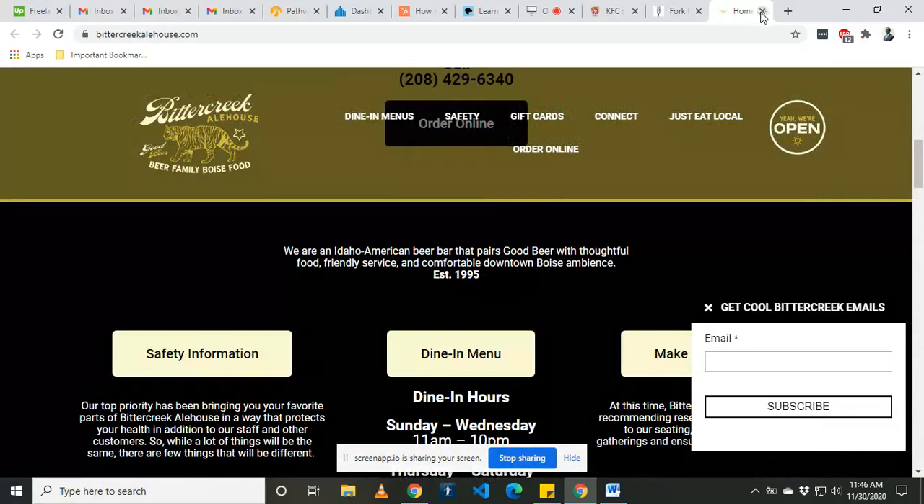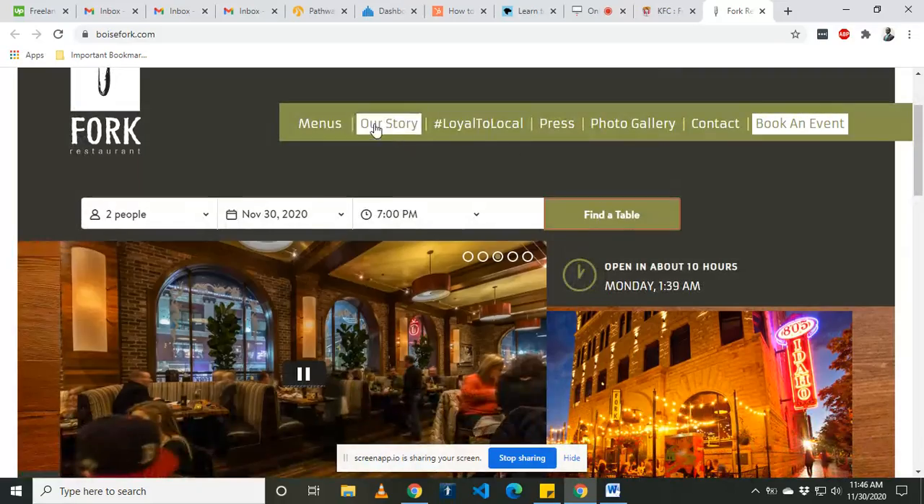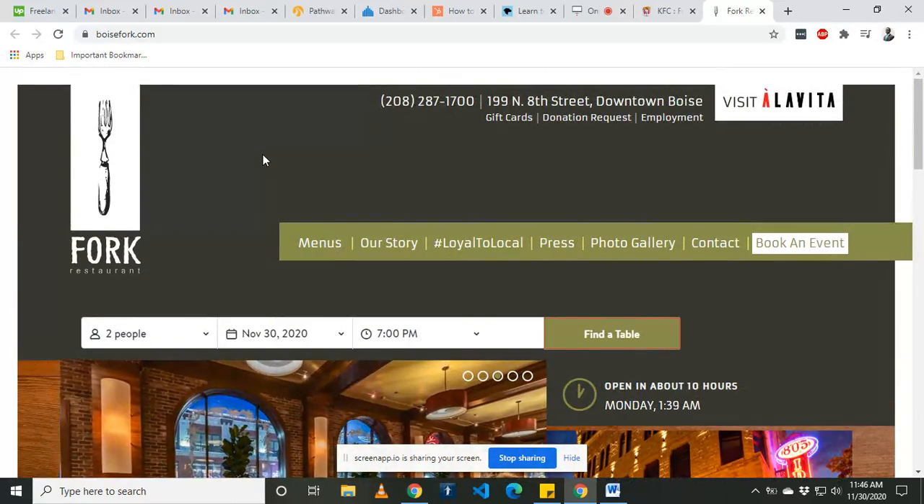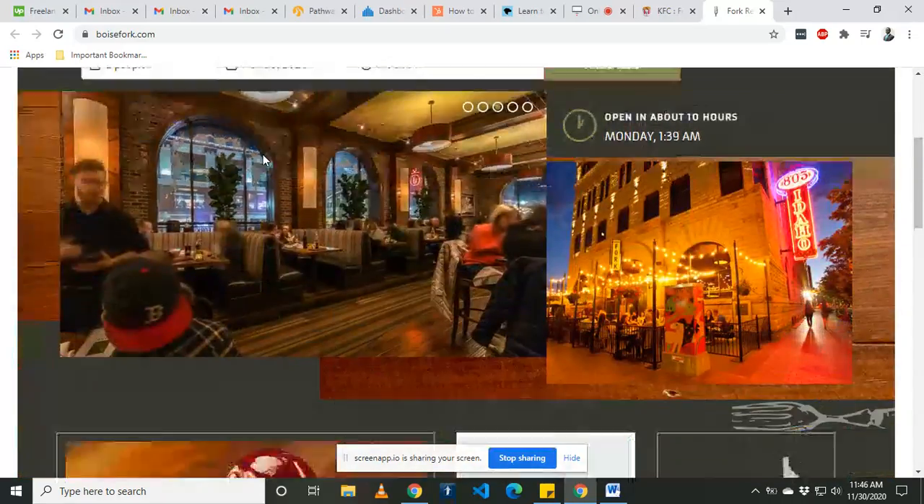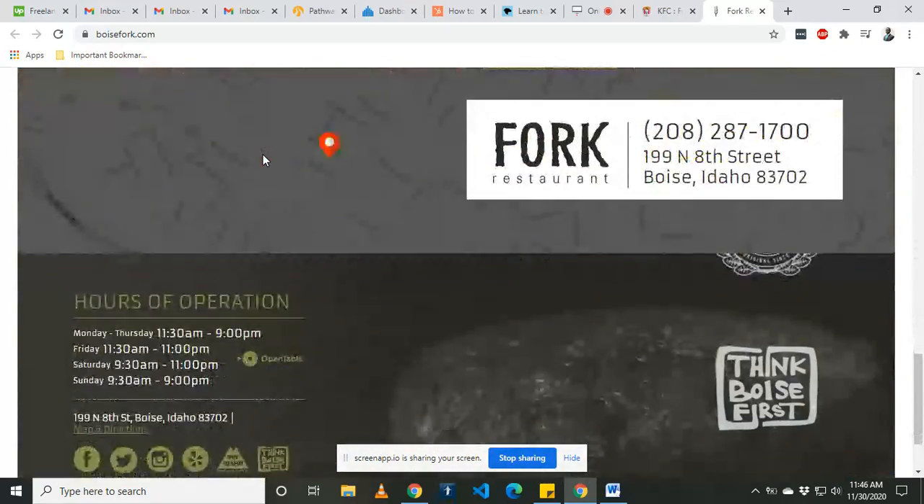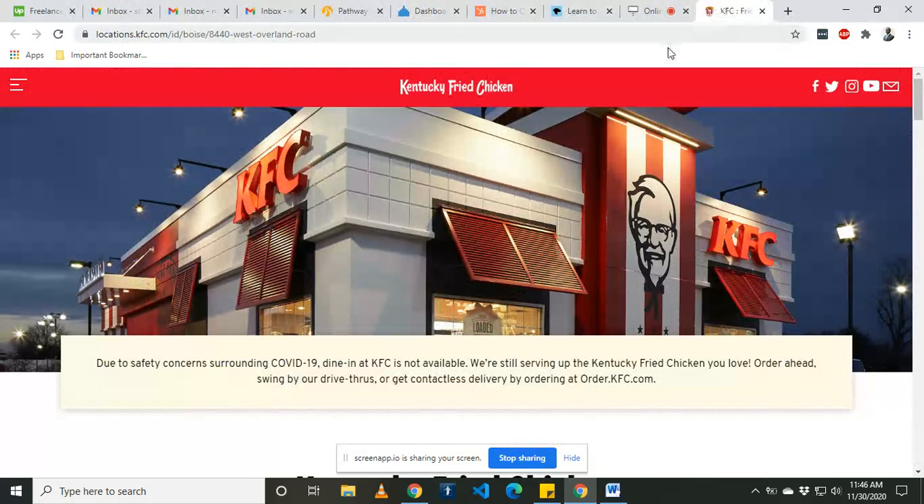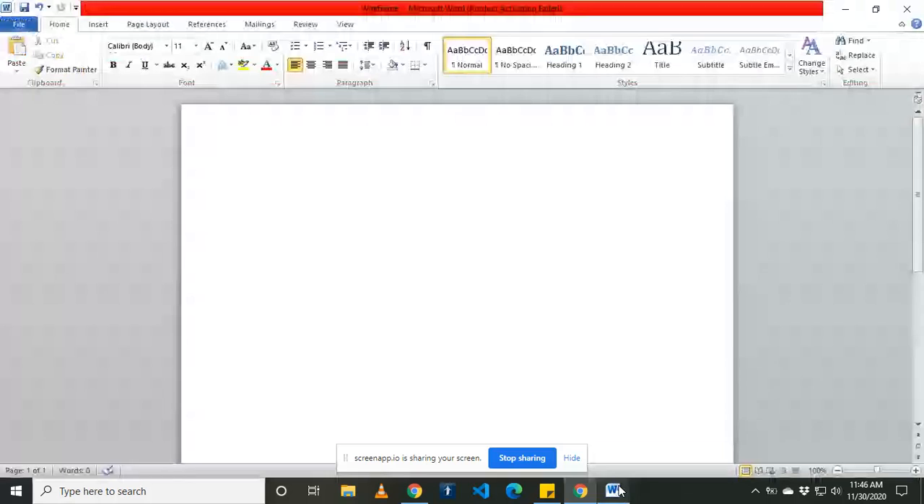Okay, I can see another one. So I can see they are different, they vary, and they have different layouts and different typographies. Once I have gone through several of them, now I can come up with the wireframe. So to do the wireframe on a Word document,